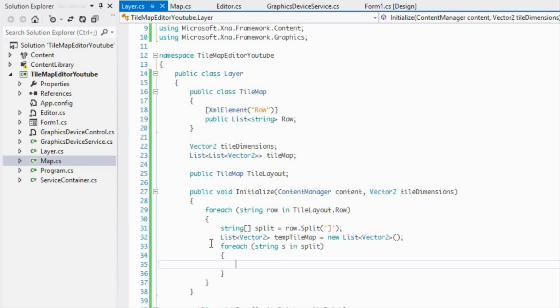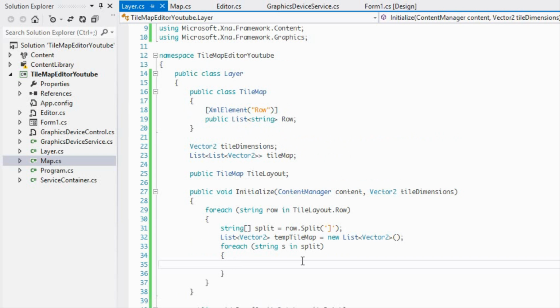And if I have time or I feel the need to, then I will add in the functionality to add solid tiles to our tile map editor. But I feel that is a fairly easy task to do, so I won't have to teach it. But if you guys want me to, then I can probably squeeze it in. But anyways,